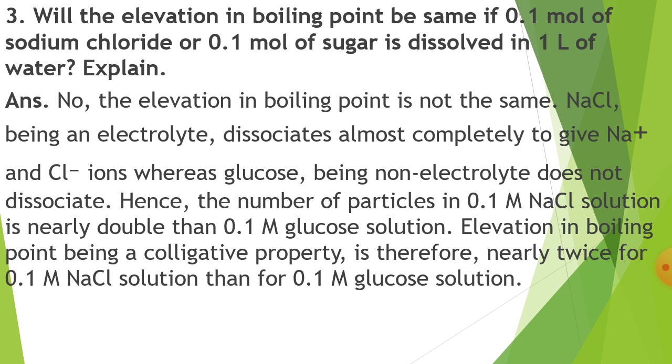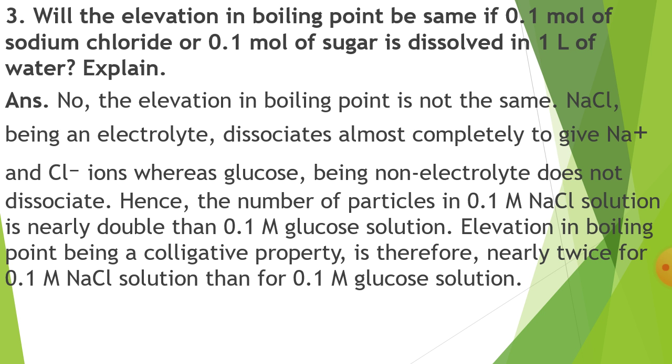Now here, NaCl being an electrolyte dissociates almost completely to give Na+ and Cl- ions, because this is a strong electrolyte, whereas glucose being a non-electrolyte does not dissociate into ions. Glucose, sucrose, urea, these are the non-electrolytes. Here glucose being a non-electrolyte does not dissociate, hence the number of particles of 0.1 capital M,